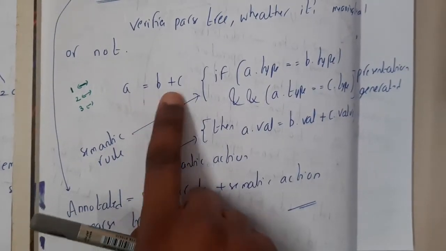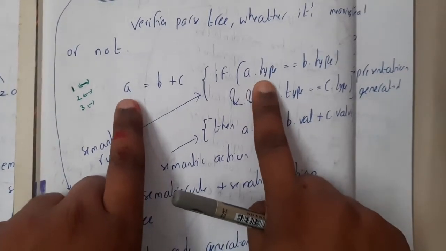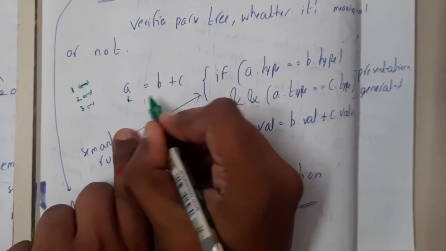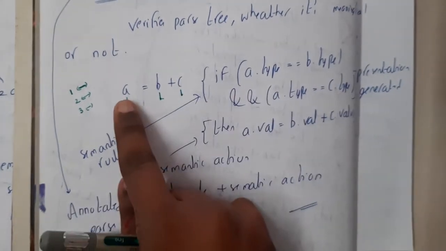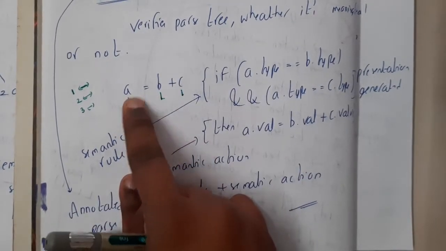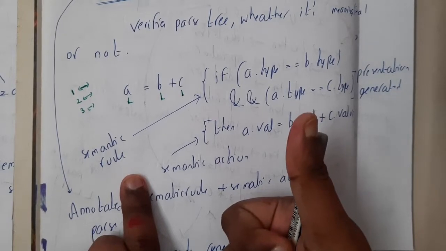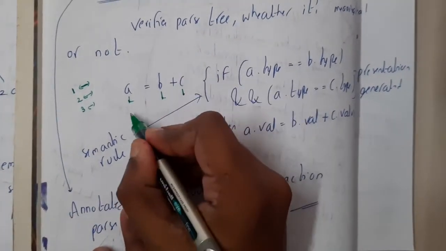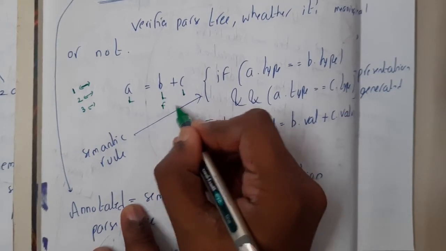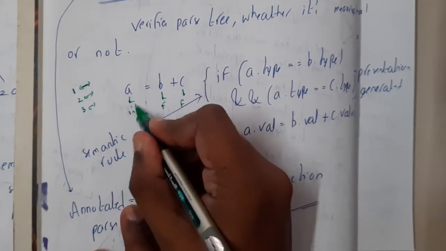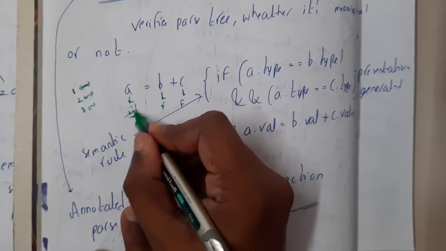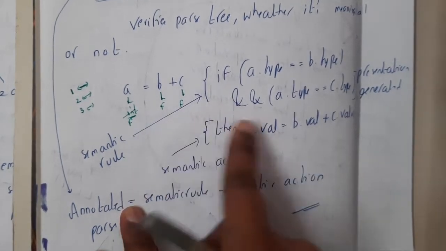And here what we are going to check is if A dot B is equal to B dot B type. So here I am checking A type, B type and C type. And I am comparing if A type is equal to B type and A type equal to C type, then you can perform addition. So to be clear, this example will work really well. Assume that this is a float, this is a float and this is an int. At that time you can add them, but your result will not be accurate, right? So if you want an accurate result, you should use float. So this is what it is going to check, guys.